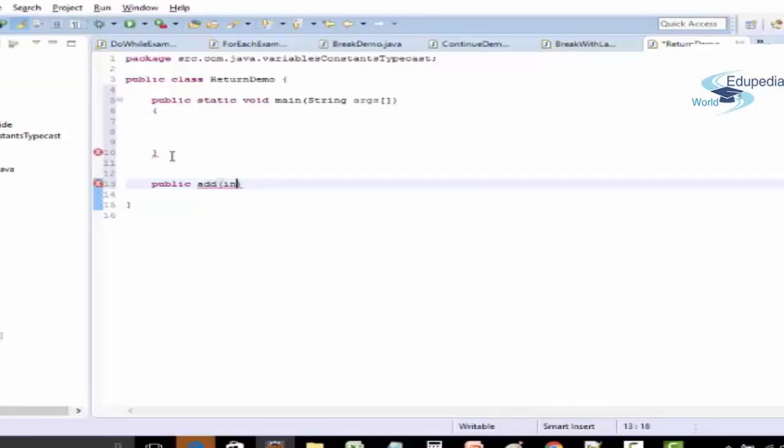Let me take two input variables, int a and int b, and let it return the sum of these two. The sum of these two will still be an integer, so the return type will be int, and I'm doing return a + b.